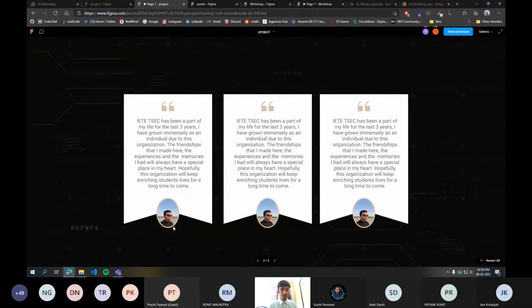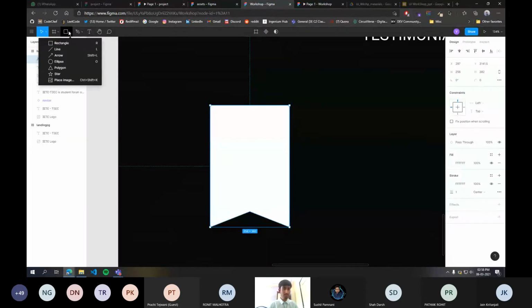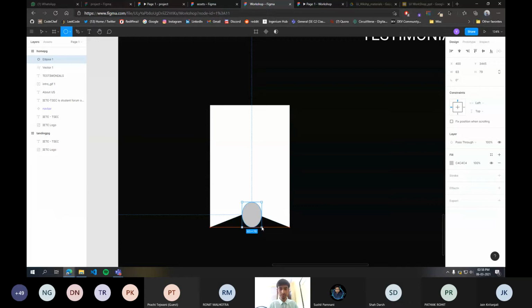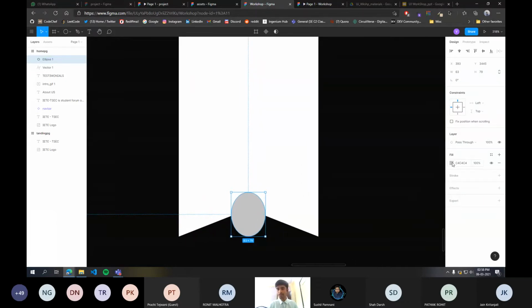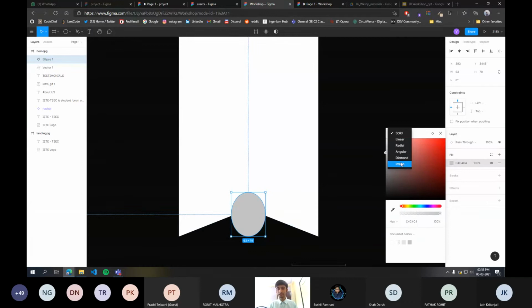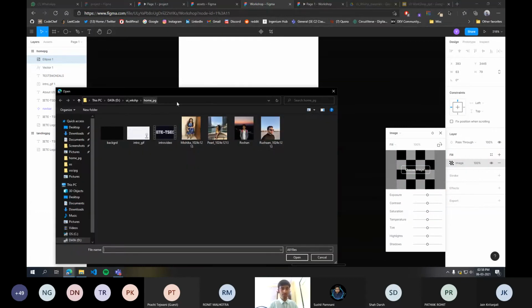Now another thing that you can see over here is that the SCOM's profile photo is in oval shape, right? So we'll select the ellipse, or you can press O on your keyboard. You can just drag this ellipse and just try to center align it. These red guidelines are really very helpful. They just snap your object right to the place. Okay. Now again, as we saw, we'll fill it with the image of our XSCOM, which is in the homepage file or homepage folder.